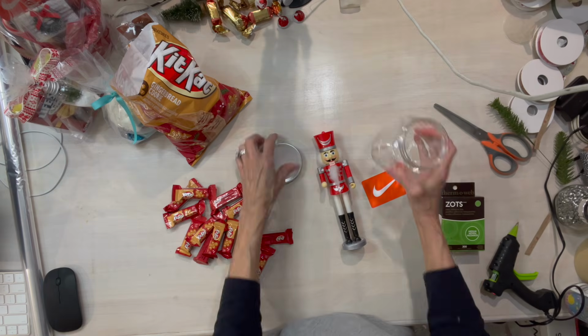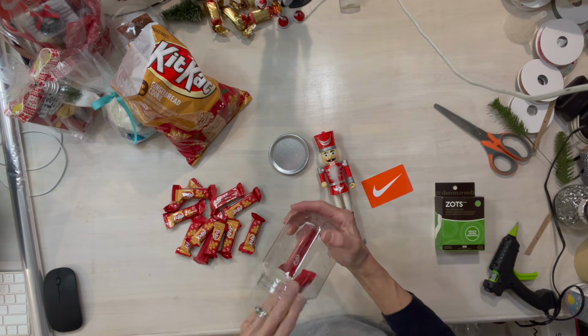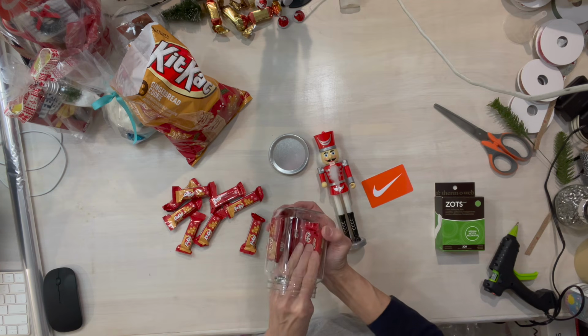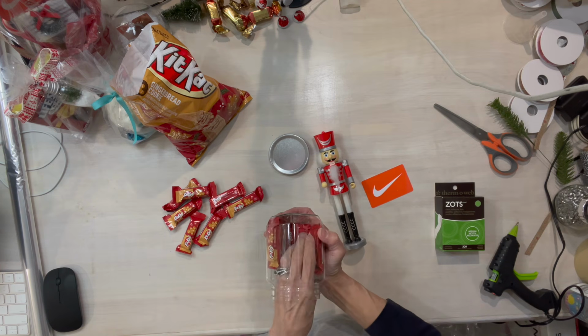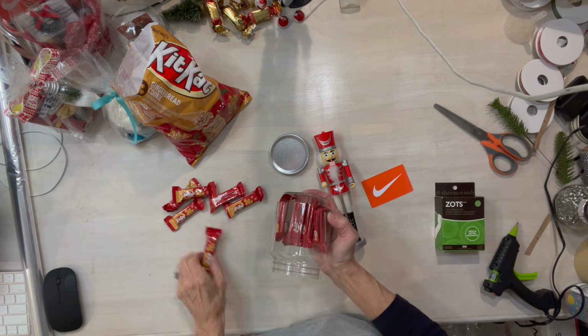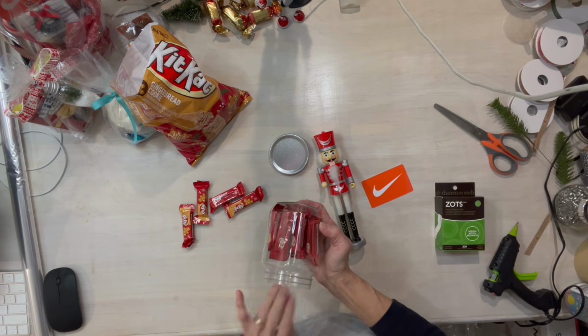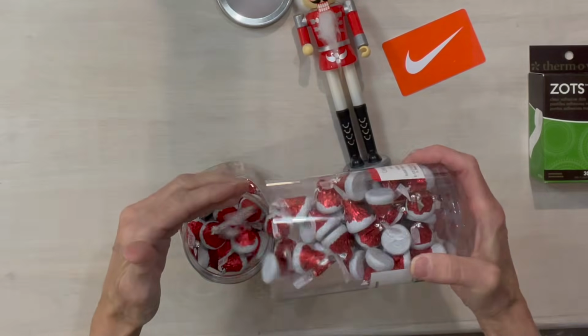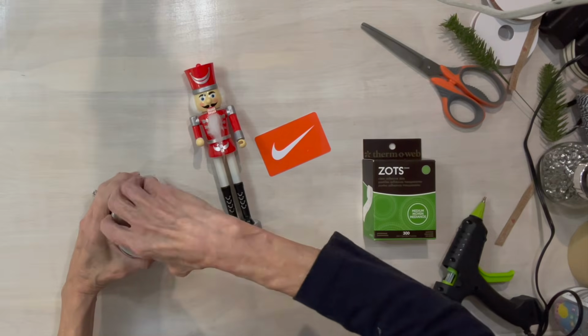Okay, on this next one, I'm just using one of the little toy soldiers from Dollar Tree, and I am just filling a jar full of candy, and I got the little Kit Kat bars, and they're the little gingerbread flavored, and I'm just kind of putting them in where you can see the face of the Kit Kat bar all the way around, and then I'll put some more in the middle, and it doesn't matter which way those are. And then I'm going to go ahead and fill the rest of it up with some little Hershey's Kisses,